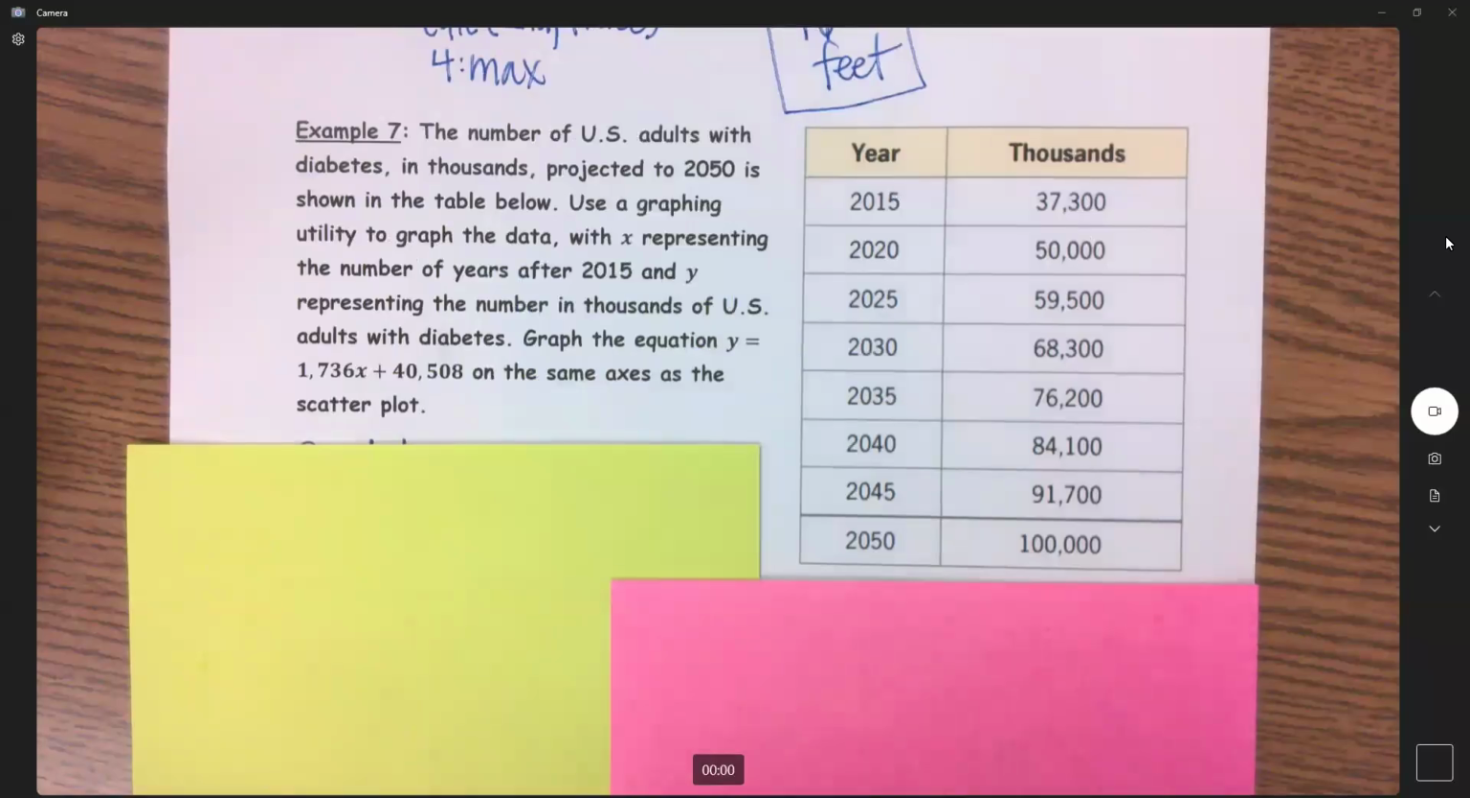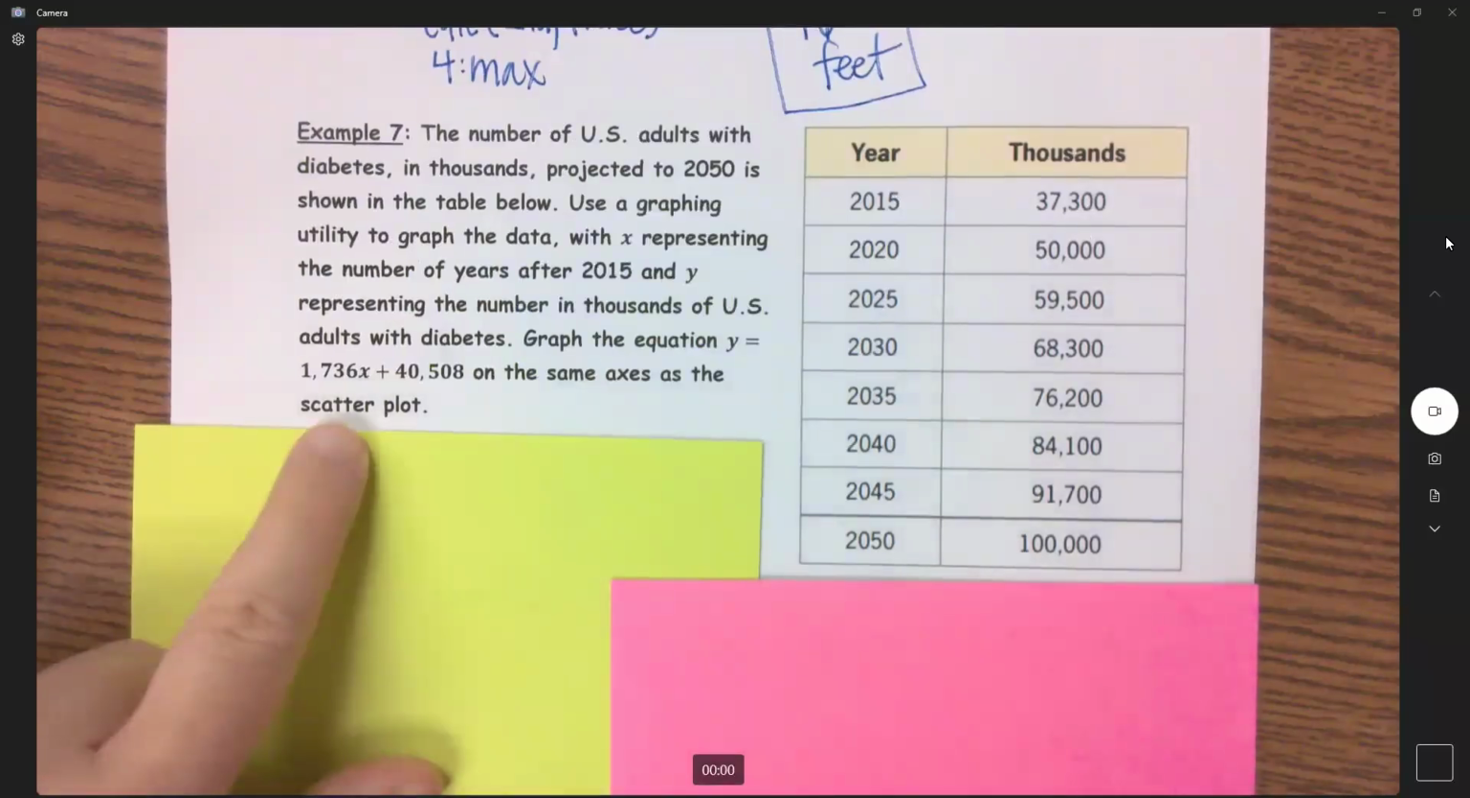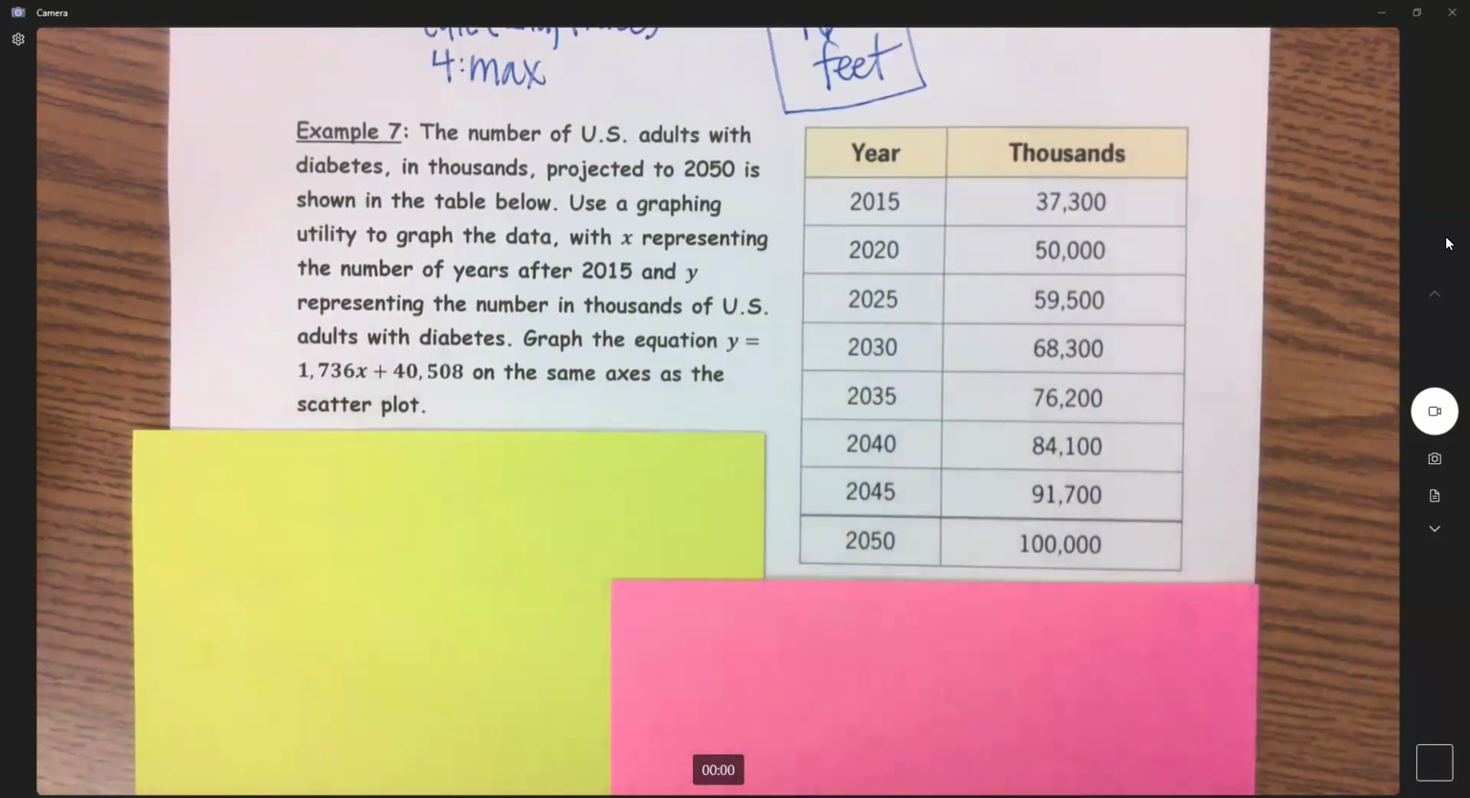Our last example, we are dealing with scatter plots. And I think you only have one homework question regarding this. You might have two. But it says the number of US adults with diabetes in thousands projected through 2050 is shown in the table below. Use a graphing utility